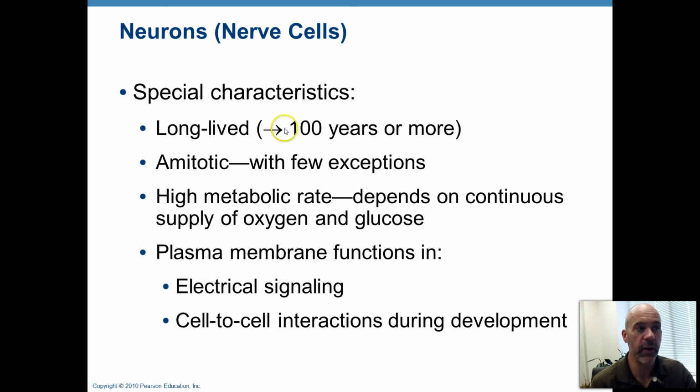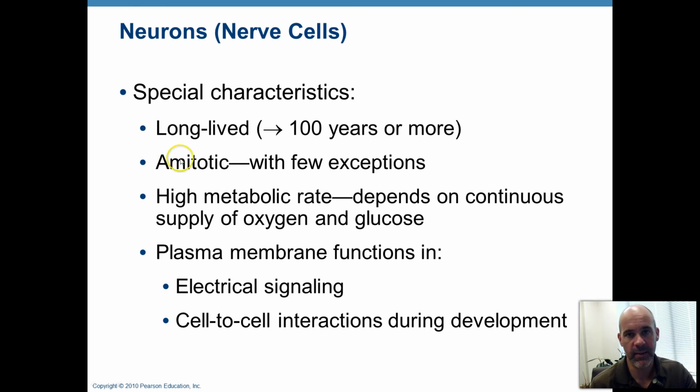Your neurons are very long-lived cells. You don't generally replace them, or at least that's been the thinking for a long time. So it really is true when you kill your brain cells from drinking too much beer or whatever when you're young, you really don't replace them as far as we know, or not very efficiently. So the neurons that you have, you've got to keep for as long as you live. If you're fortunate enough to live over 100 years, your neurons will survive that long.